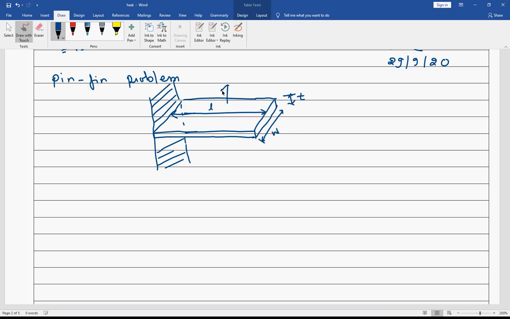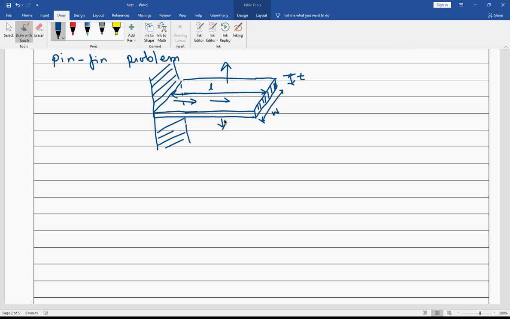So basically convection will be from this direction as well as from this direction. Okay, and generally this end is considered to be insulated. There is no heat transfer from this, or if there is any kind of heat transfer, that is negligible, and that is why we consider this to be insulated. But of course, the direction of the heat flow will be like this, and because of this convective load, there will be a resistance acting on each and every element.